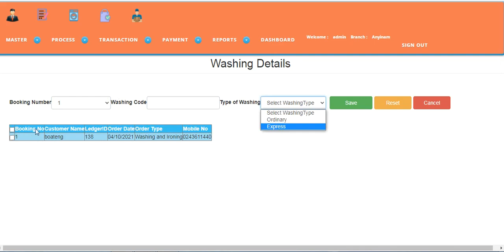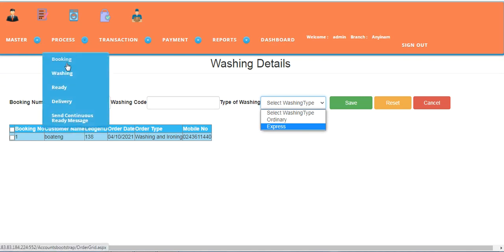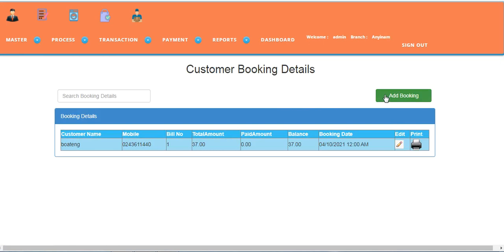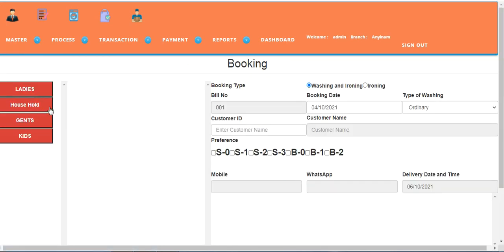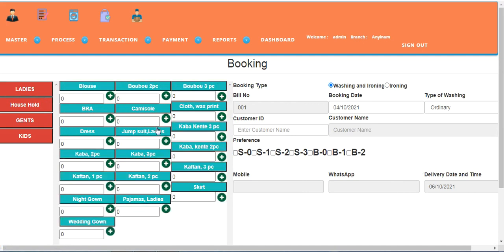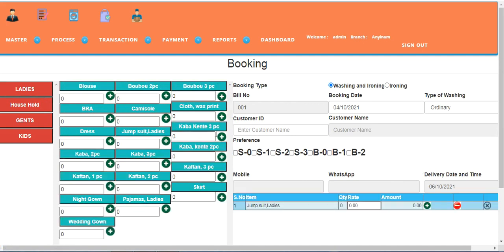On a particular day, you might get 10 to 15 bookings. So I'll just make another booking and put both in the same washing number. For example, this is the first customer. Now another customer is coming, a lady. She takes a jumpsuit and a kaftan, something like that, whatever it may be.